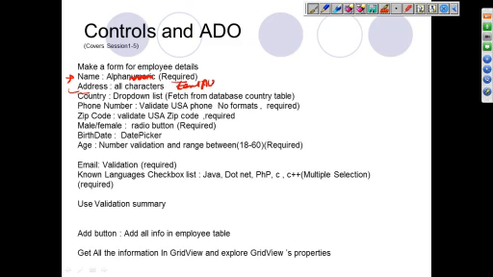Name should be a text box. Country should be a drop down list, and add some countries from the collection. Phone number, you can use validation of USA phone number formats and make it required. Zip code, make it required and validate the USA zip format. Male, female, use the radio button. Birth date, use calendar